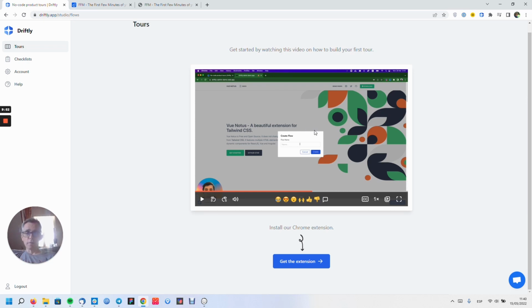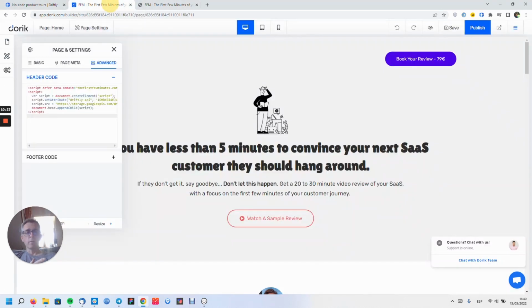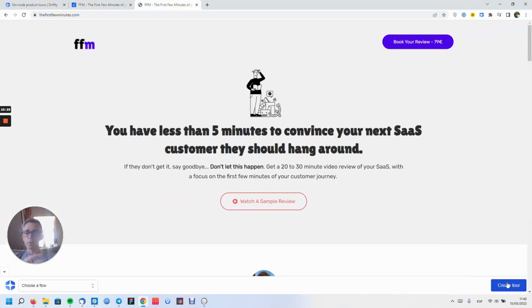If you want to do this, I would split this. I would say, here's a video if you want to watch it, but here on the right, here's a quick step-by-step guide on how to do this, because the actual steps that you're pointing out in this video are very short and very simple. So it would be step 1, install the Chrome extension. Step 2, go to account and copy, and you can even have screenshots. Copy and paste the code into your website. Step 3, go to your site. Click on the icon and then the create tours guide will come up, because